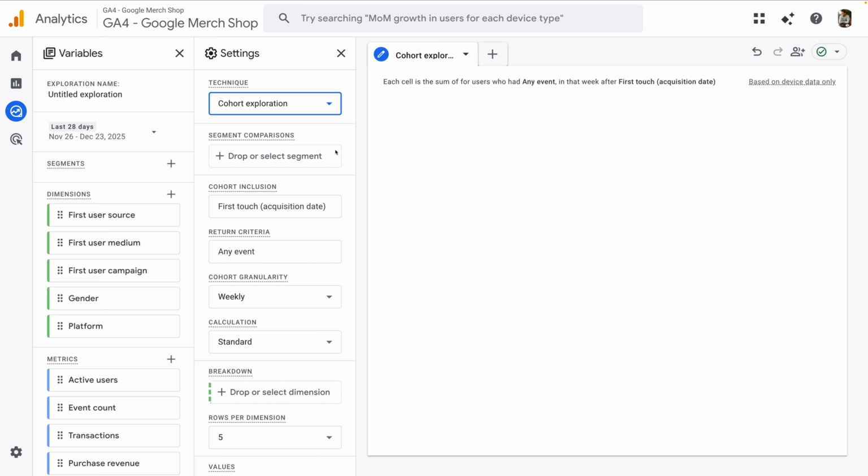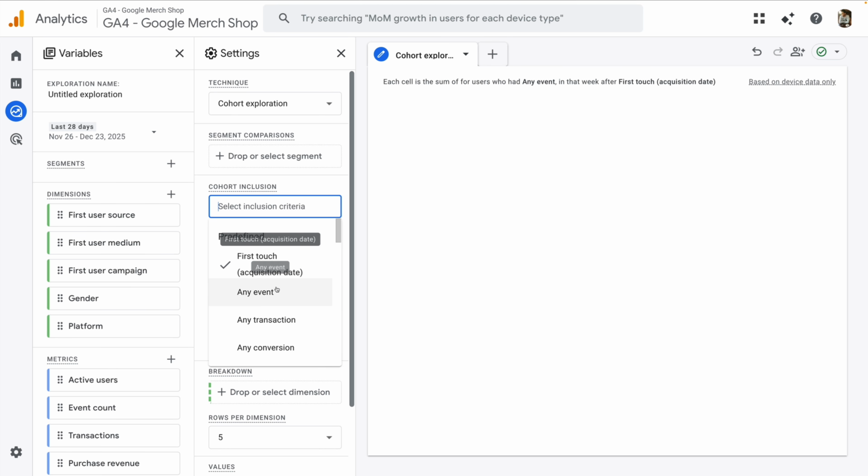Now let's focus on creating the report itself. The first thing that you'd notice is the cohort inclusion, which basically means the term or the condition that we should be including the users based on. For example, here it is selecting the first touch acquisition date, which means the first date that we acquired the user. When we click on it, we can see a couple of things from here, like any transaction, any